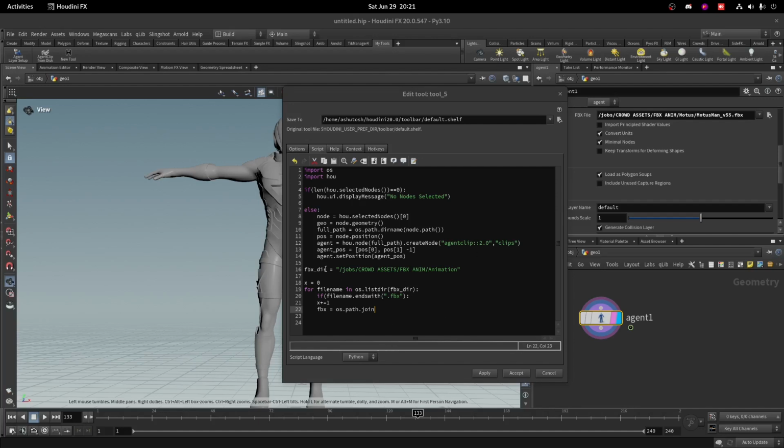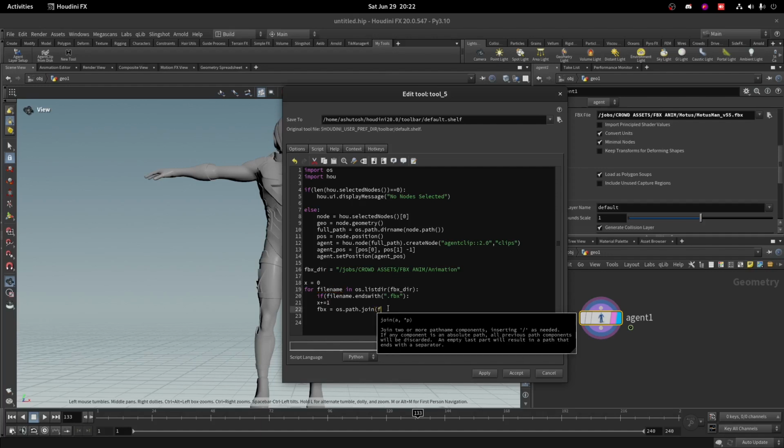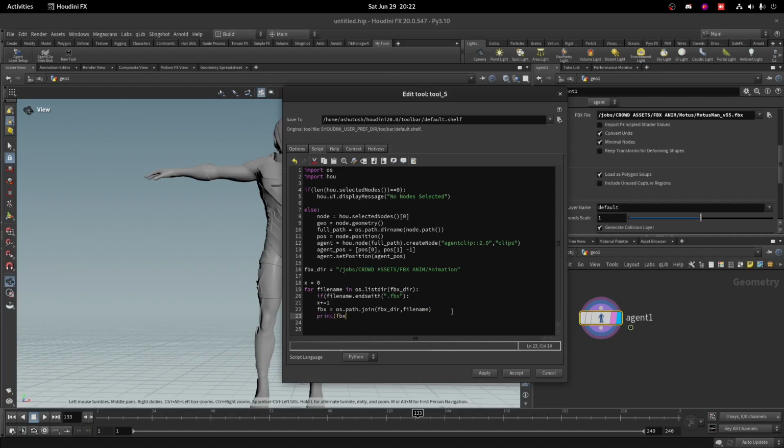So we will give this fbx directory and our file name: fbx dir comma then file name. Now if I print fbx, then you can see,